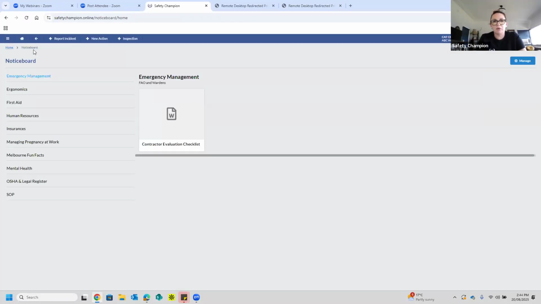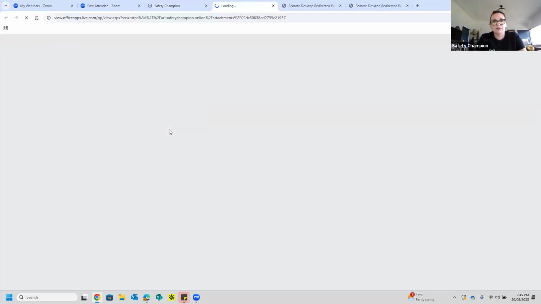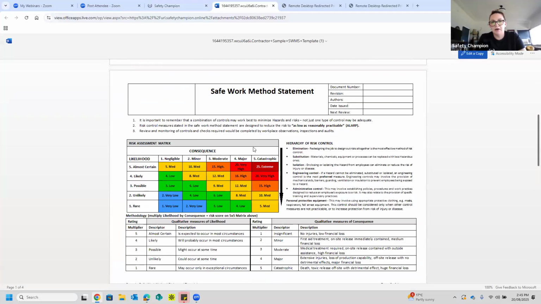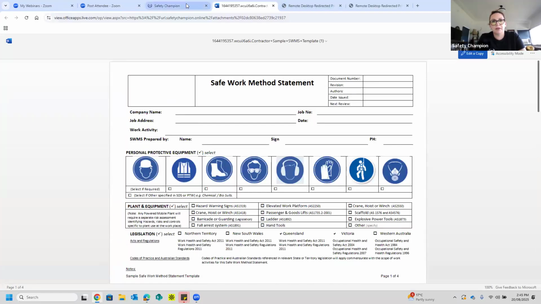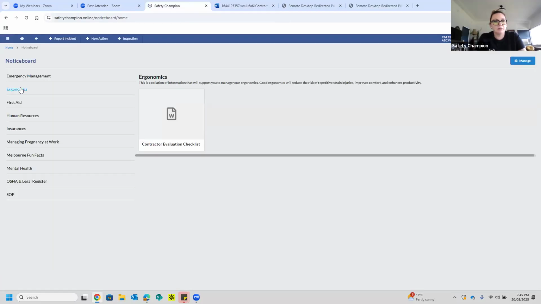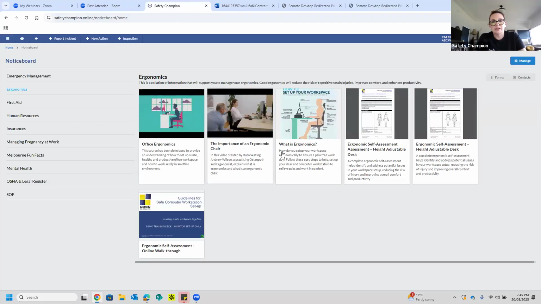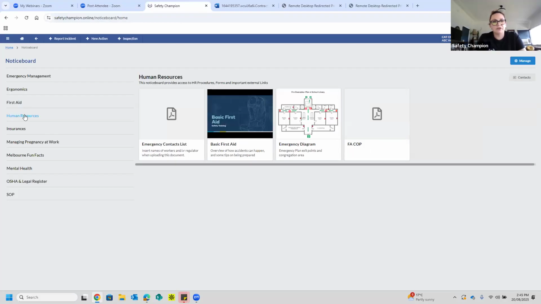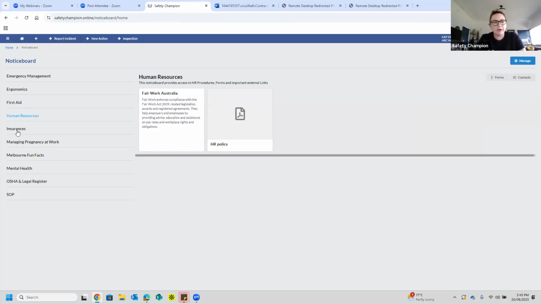You can just build out whatever topics you want, and we can click on that and it brings up this document. I'm not sure why that one's in there, but it is. Ergonomics, so there's information in here. Human resources, first aid. So if you get the drill, it's limited only by your imagination. So if we go to HR and look at forms,